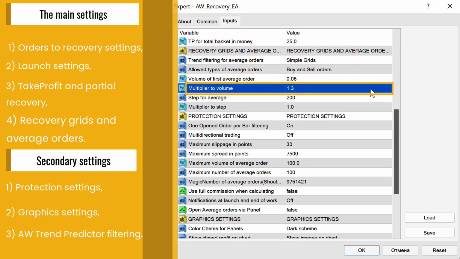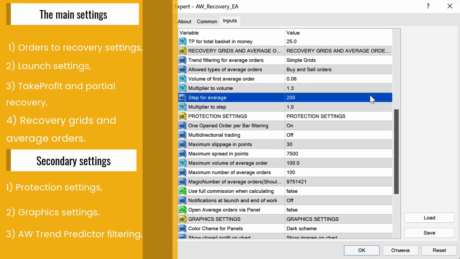Multiplier to volume. Each subsequent restoring order in the order grid will be larger than the previous one by this factor. The last one on the list of the most important variables. Step for average, a variable that controls the step between retracement orders. When using a trend filter, the EA will rely not only on the step, but also on the signals in